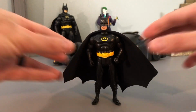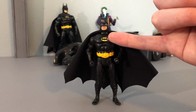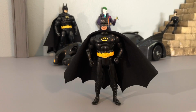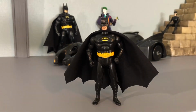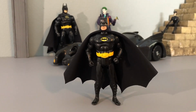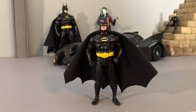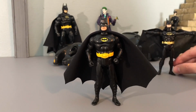And I basically just repainted the figure, and then my wife made this decal for me to replace where the decal should be, because there wasn't one, because I painted over it. And the one that was underneath it, I thought about painting around it and leaving it, but it was like a metallic gold, and it was gonna clash. I wanted the yellow belt because I wanted it to be reminiscent of the ToyBiz release, even though this is a Kenner figure, and it had this kind of gold logo on there. So I went ahead and just painted over it,